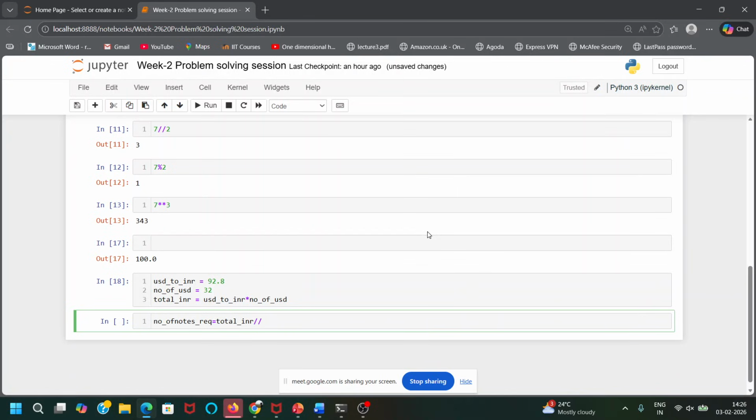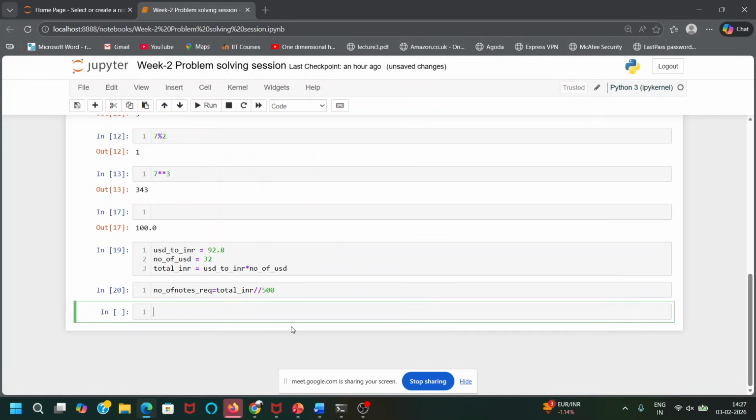You can just use divided by 500. It means 500 into number of notes, whatever you get, plus something which is the remainder. If you do this, you will get the number of 500 notes required. Okay.